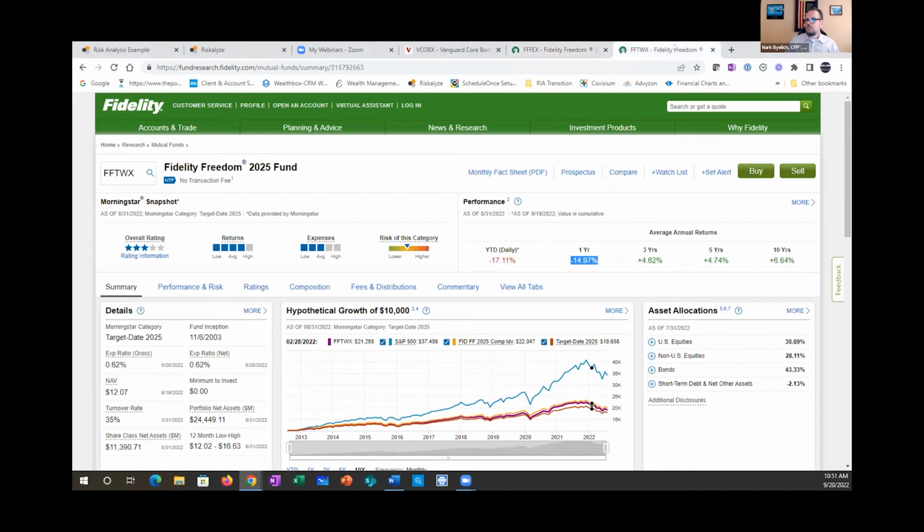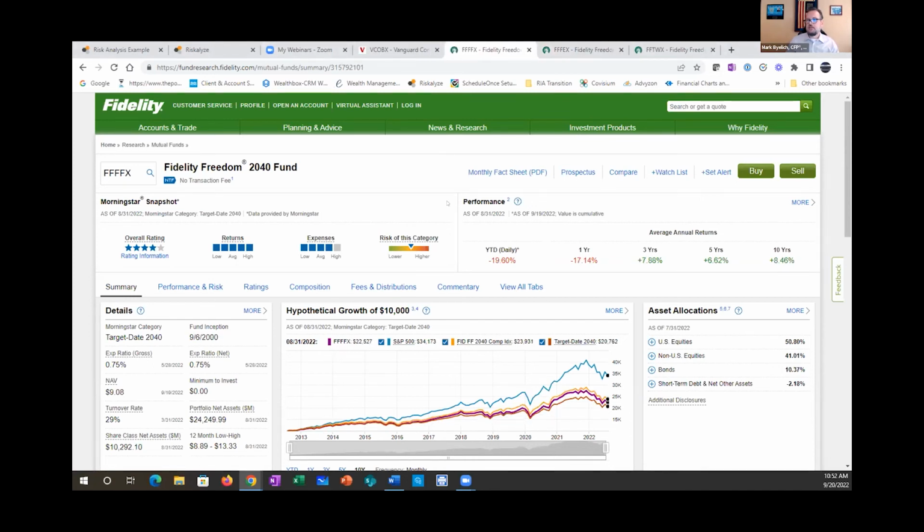Down a bit. And this is one of the problems too, is that they're invested very similarly. They just ratchet it a little bit. So when their holdings drop significantly, they all kind of drop. You know, there's a little bit of difference between the 2030 fund and the 2025 fund, but not a whole lot, is there? So still, the drop in your portfolio value is pretty significant. And then the 2040 fund,